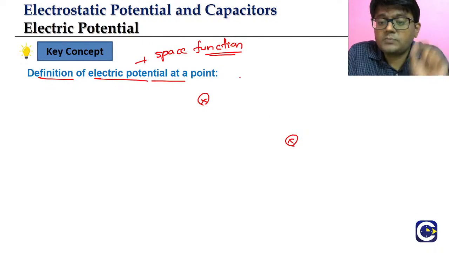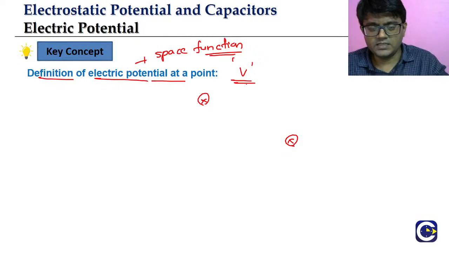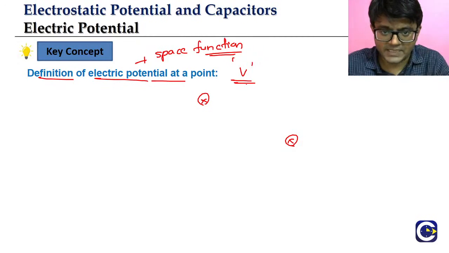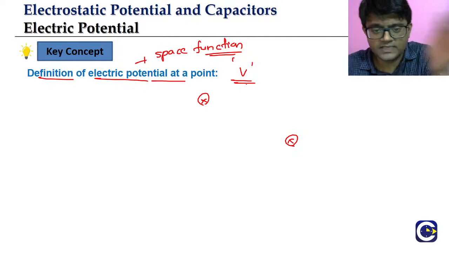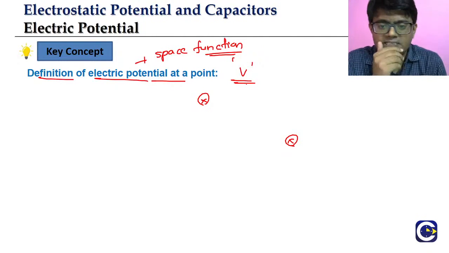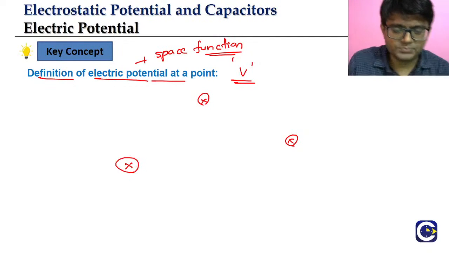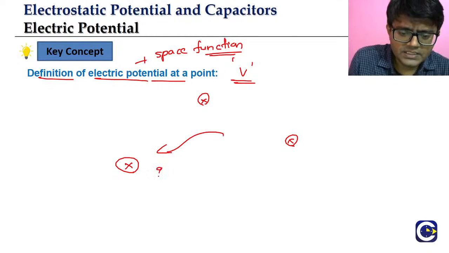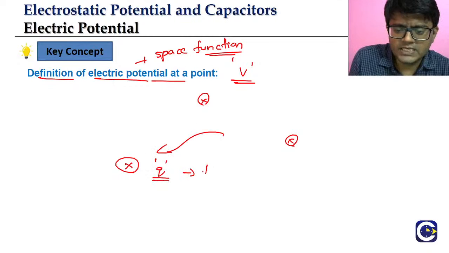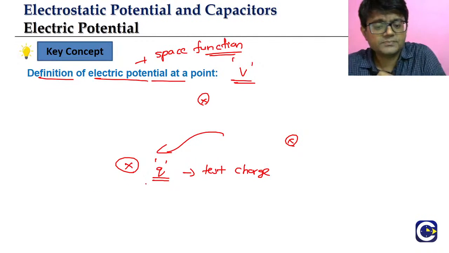Okay, so electric potential is represented by the symbol V. Generally the electric field is represented by the symbol capital E, and the electric potential will be represented by the symbol capital V. Okay, but how do we define this electric potential concept? Now mark a point in the space. Take a point in the space. Okay, if we bring a charge q, என்ன தெரியுமா? So we'll generally call it as what? Test charge. So if you bring a charge q to a particular place,